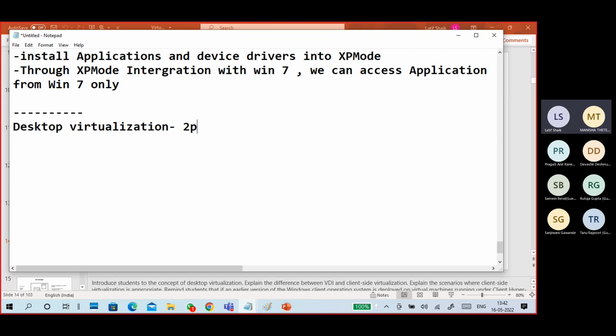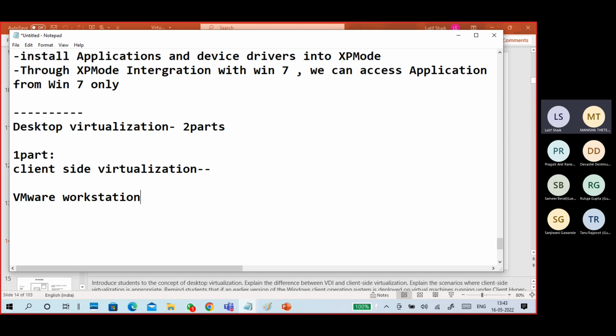We have to take it as two parts. First part, you have to tell it like this: it's client side virtualization. You can check the definition above. How to achieve client side virtualization is very simple, by installing VMware Workstation, Player,